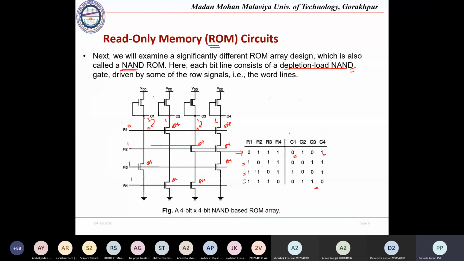Up to here, that is the basics of memories. In the next class we will see the basic RAM structures. We will be seeing RAM structures and ROM structures one by one, and we will go through an overview of the circuits, like how we can implement a particular circuit by using MOS logic. So MOS transistors will be used for designing the RAMs and ROMs.